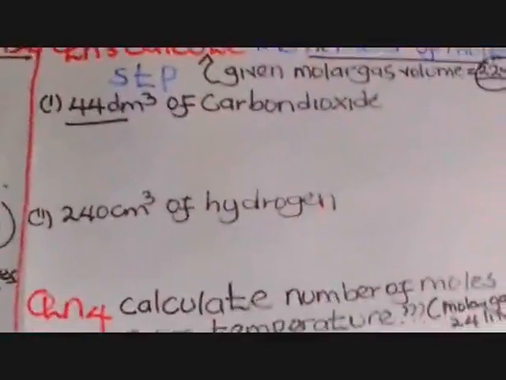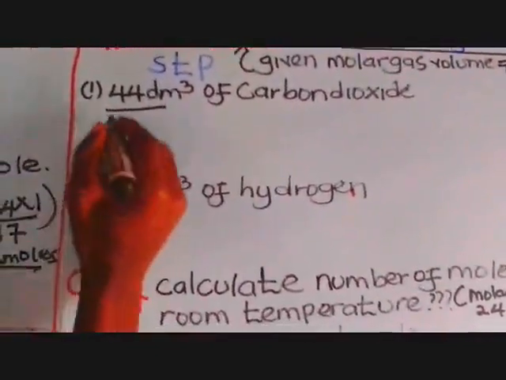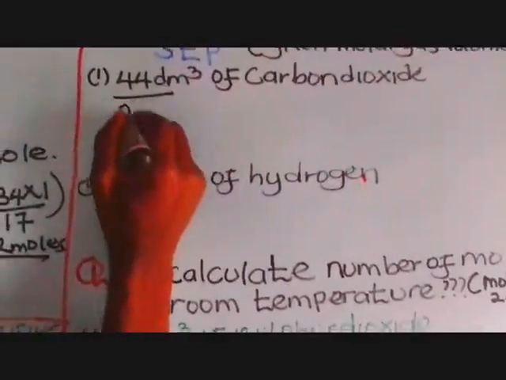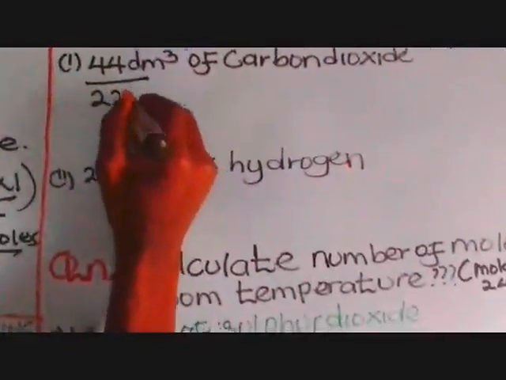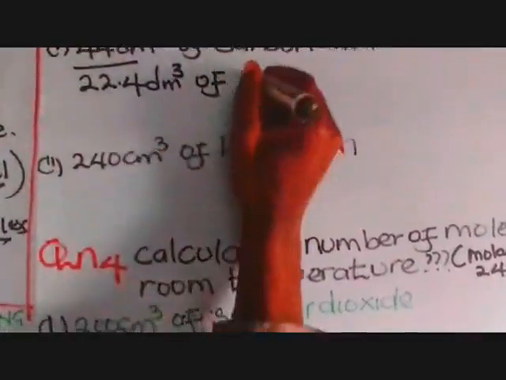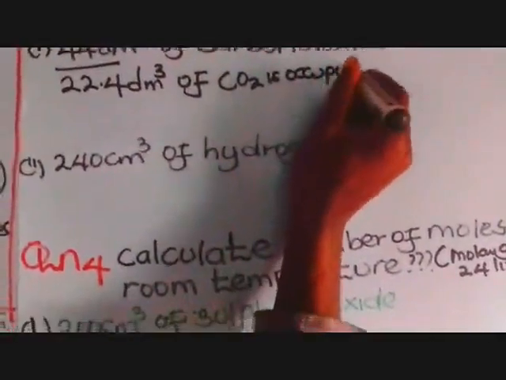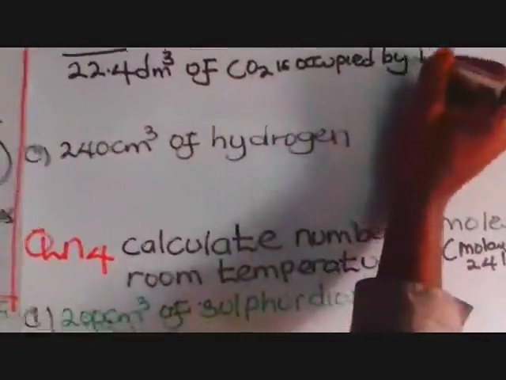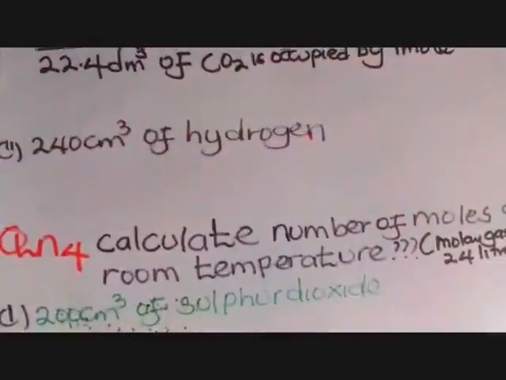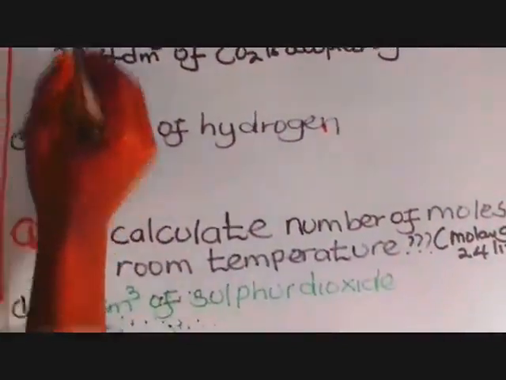So now, to save time, we want to solve for the number of moles. Don't forget that. They have given us 44 decimeters. So this time we are going to say that the 22.4 decimeters of carbon dioxide is occupied by 1 mole. After knowing that, then you say, what about the 44